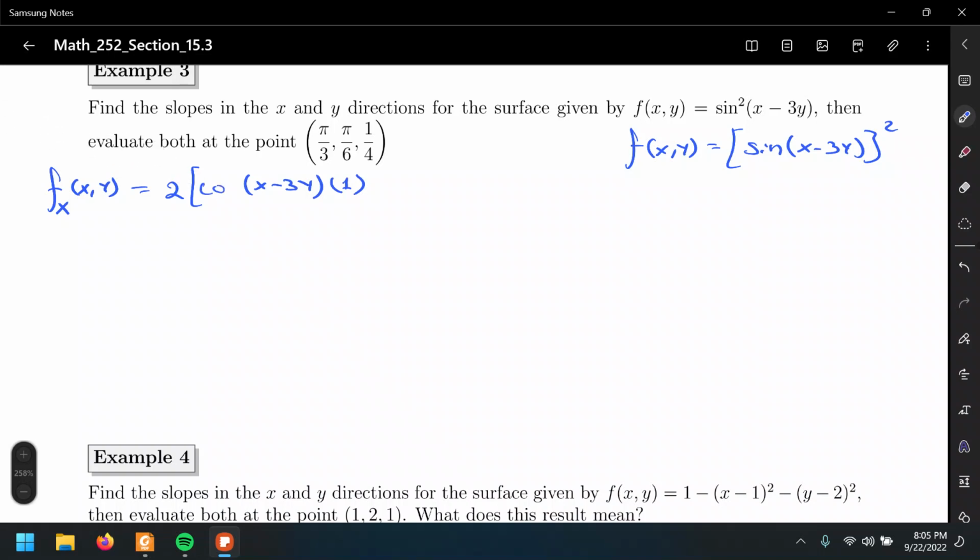Oh no, not yet. That's the next in the chain rule. So what we did here is to differentiate the outermost layer of the function, like I have here, right? So we are differentiating